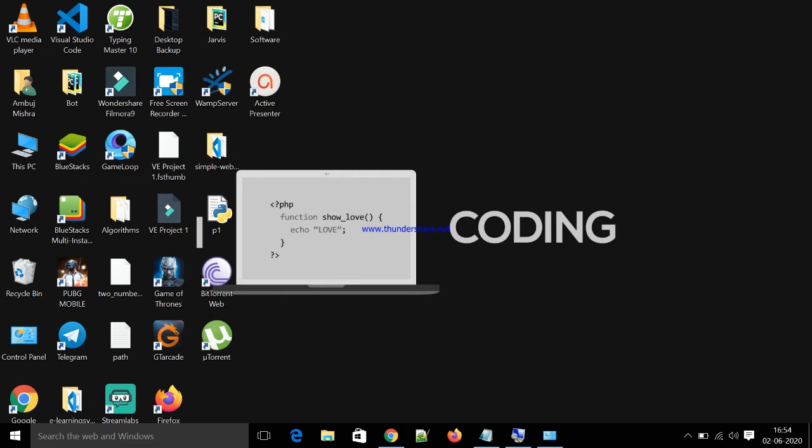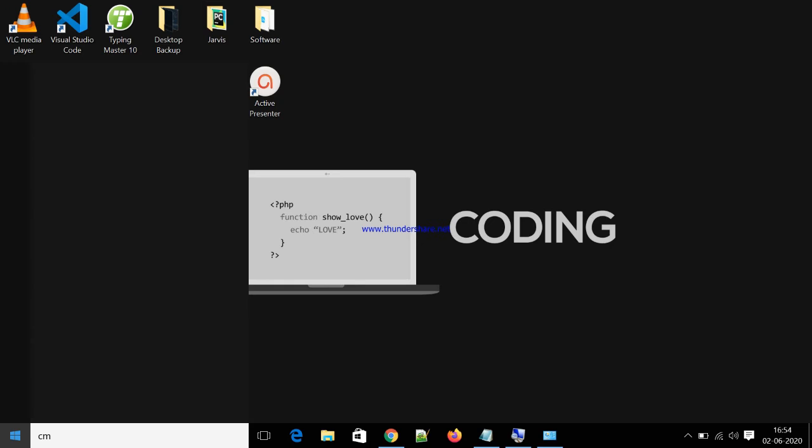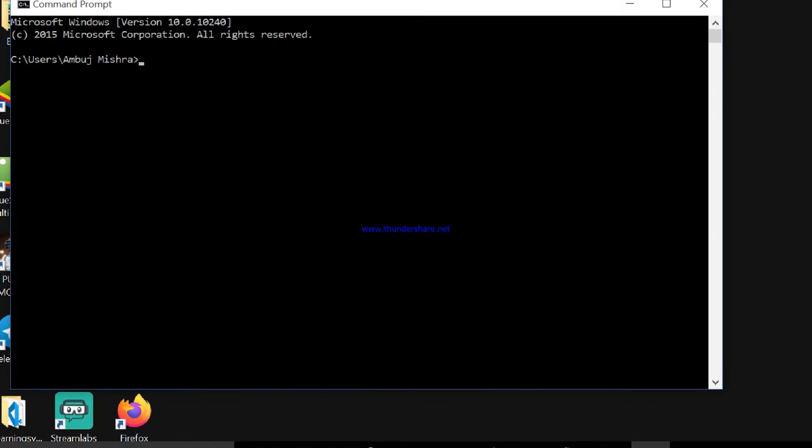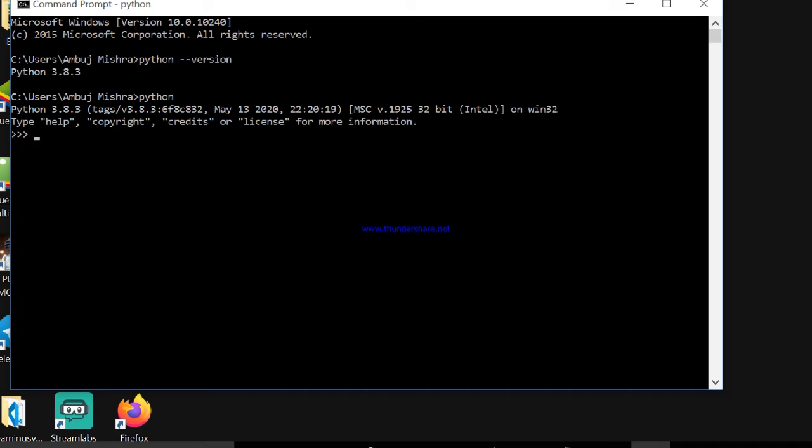If you want to check whether Python is successfully installed and the environment variable has been set, you can just go to command prompt, cmd, and write python --version to check which version you have installed on your machine, that is 3.8.3. And if you want to open the Python interpreter, then you can simply type the command python. It will open the interpreter.